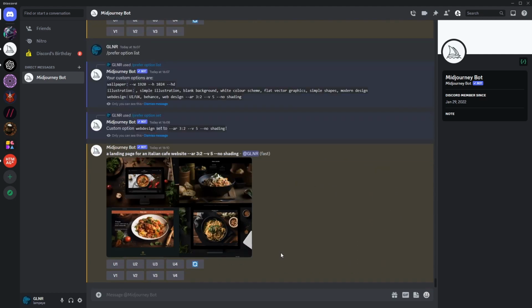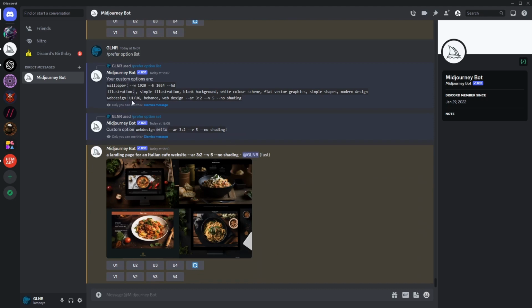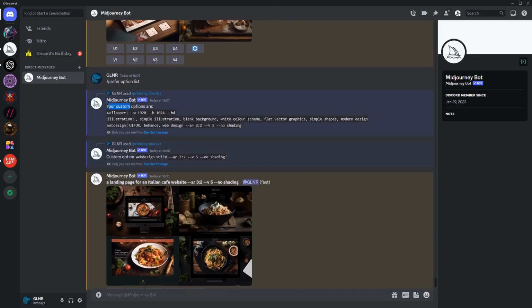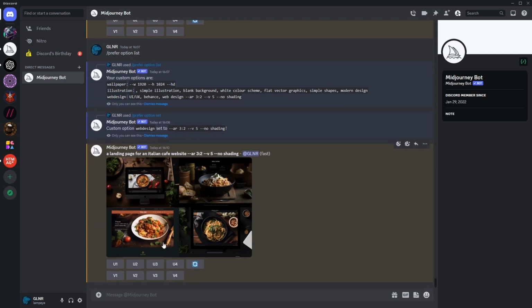So instead of scrolling back, I did a bit of digging and I found that you can actually set these custom options here. So I've just been playing about here. You can see I've put in prefer option list, and you can see my custom options now. I think wallpaper must be a default one, but I've set up illustration and I've set up web design. So the way that that looks is if I come in here,